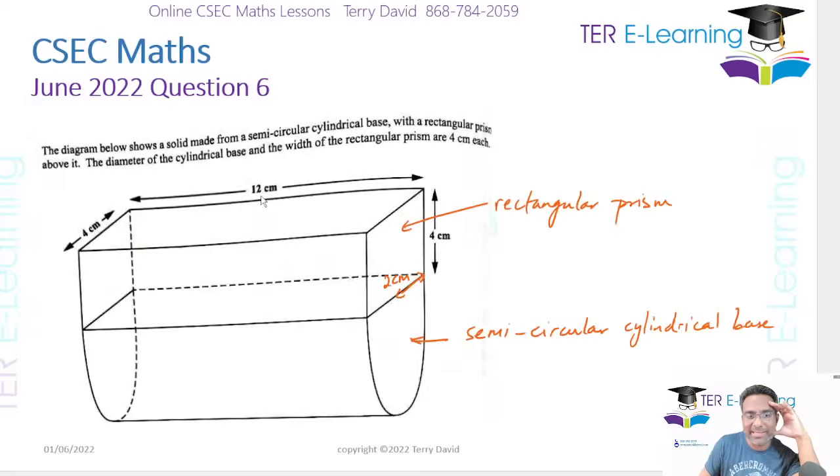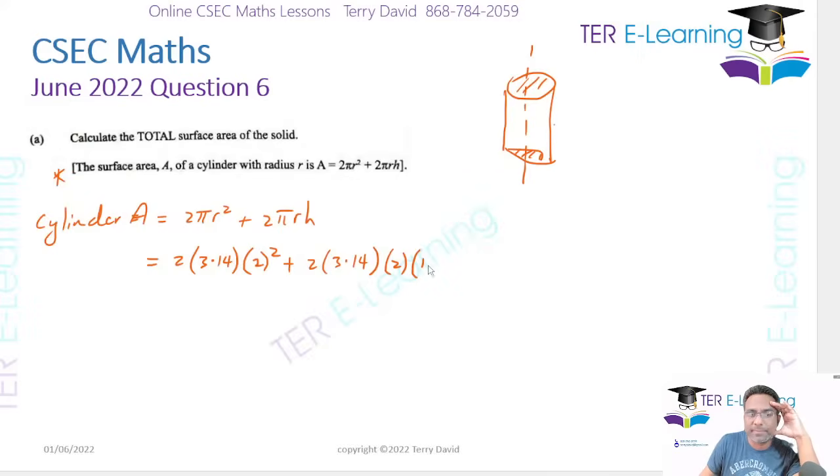Your height in this case is the length of this thing, which is 12. Now let's work that out carefully. That's 2 multiplied by 3.14 multiplied by 2 squared, which is 4, plus, open brackets, 2 by 3.14 multiplied by 2 multiplied by 12, close brackets, equals, and what I'm getting here is